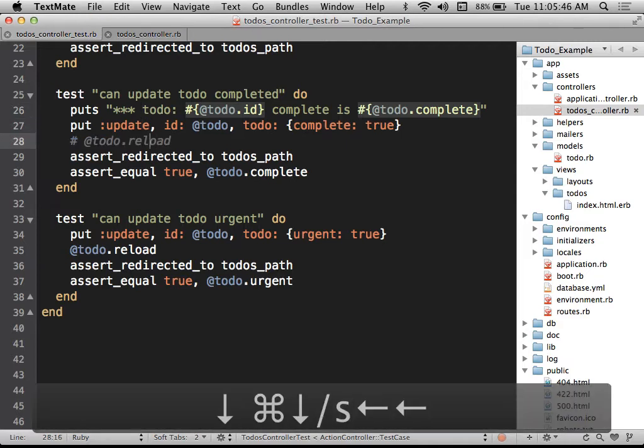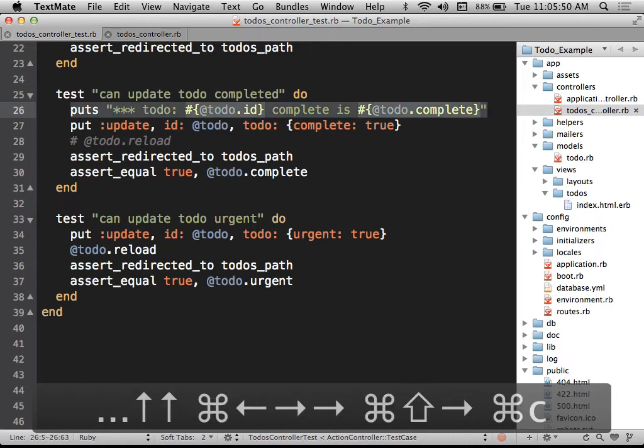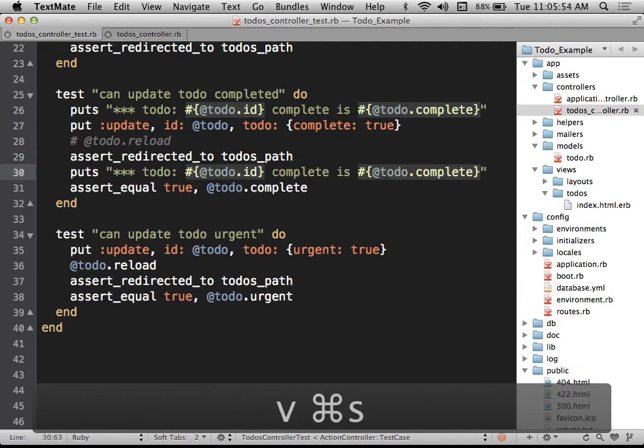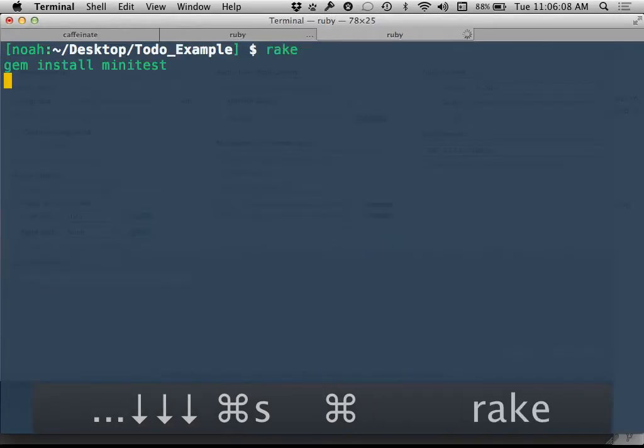For the moment, I'm going to go ahead and take out that to-do reload that I put in to fix the problem. Essentially what I did was I put in that same puts at the beginning of the test before I did the update, and then I did it after the update before I actually did the assertion. When I then went over to the console and ran the test,